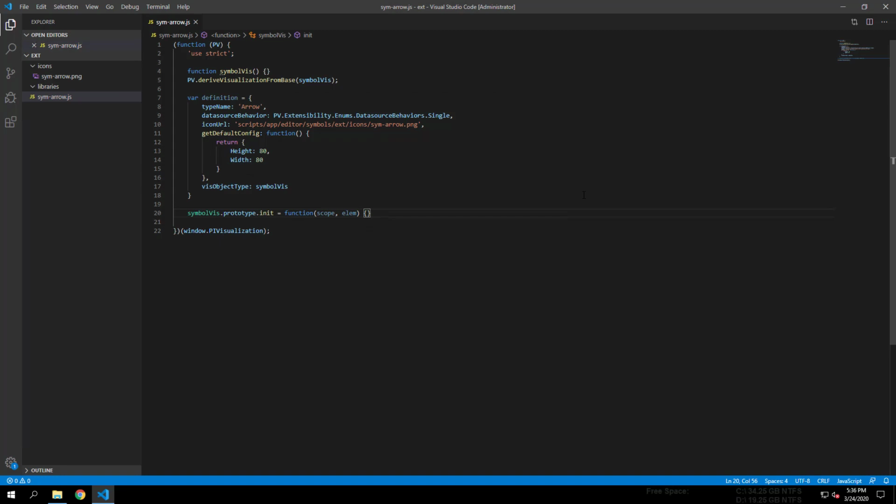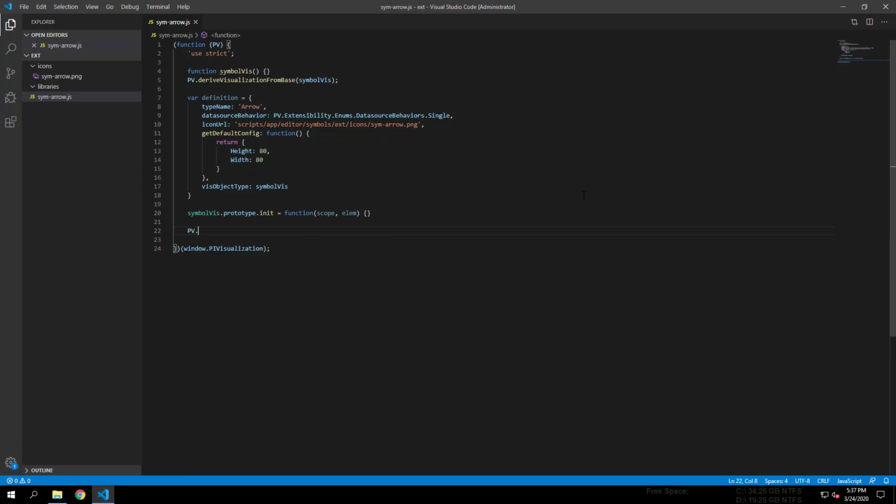The init function will get called by each instance of the symbol when it is first created by the user, or when the symbol is loaded when the user opens an existing display. Each instance keeps its own separate scope. We'll talk more about this in a future lesson. For now, we just need this function to exist so that we don't get any errors when we try to create a new instance of the symbol in the PyVision display editor.